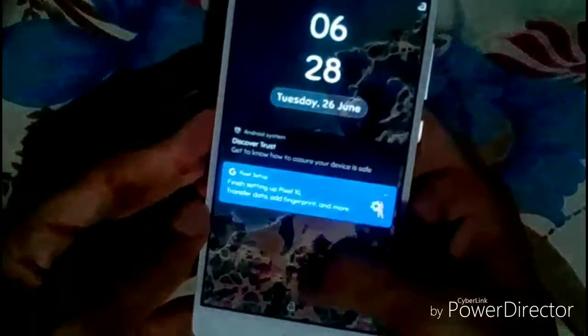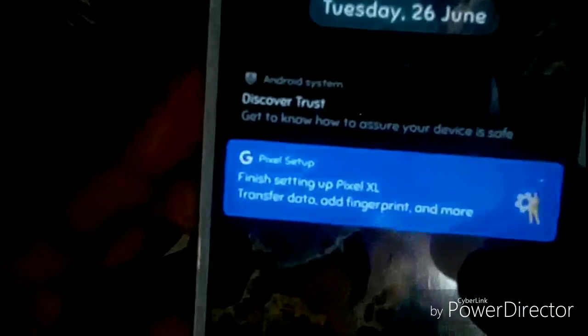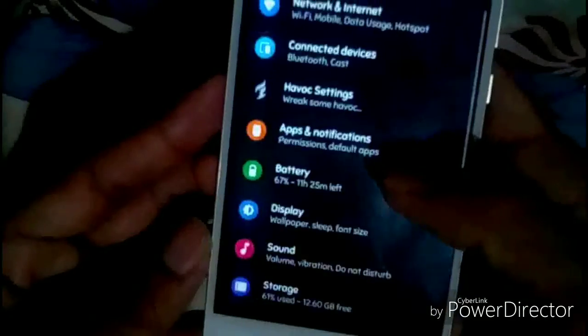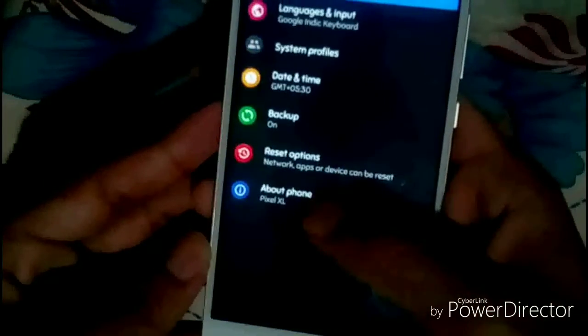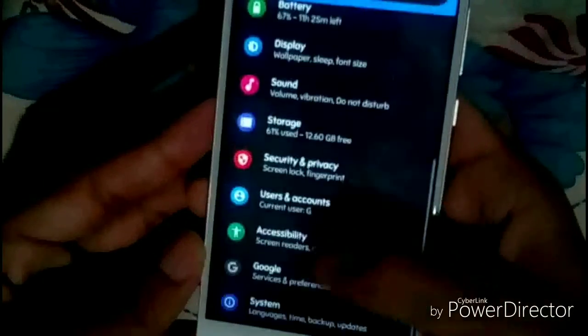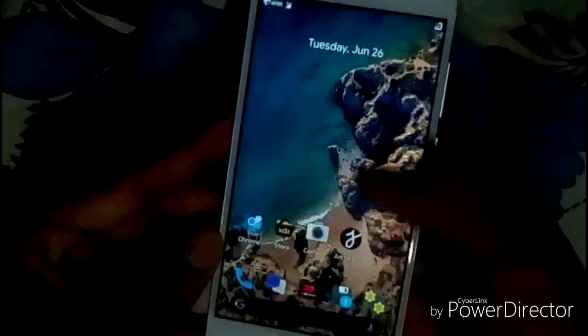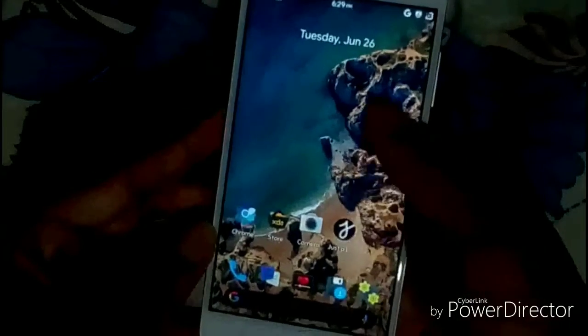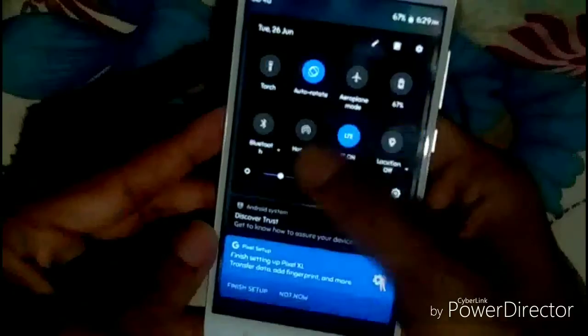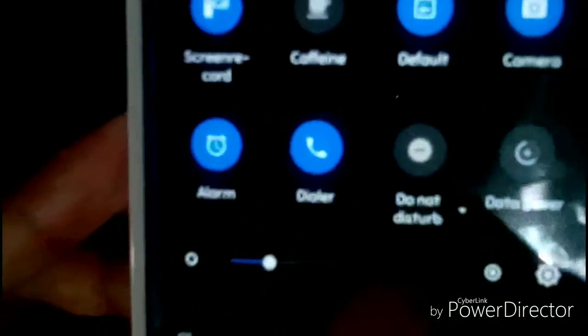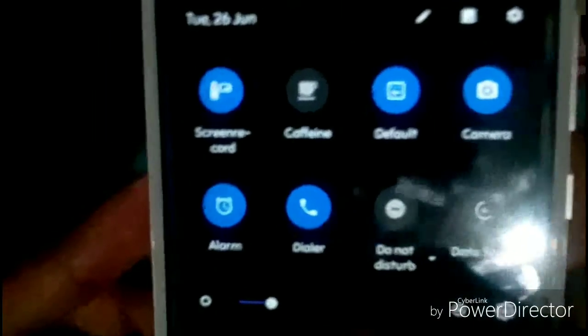As you can see guys, this is my Redmi Note 4 phone, which is running on Havoc OS, the most customizable Android custom ROM, which is like an Android P ROM. Basically I am using the Substratum theme engine for this, and in this ROM you will see an Android P-like status bar and notification panel. As you can see guys, this is the most beautiful